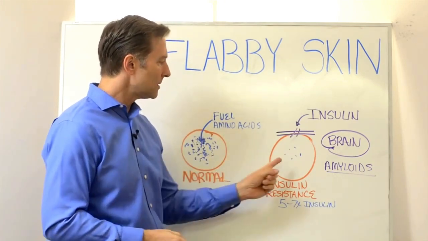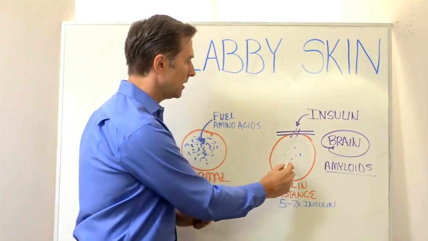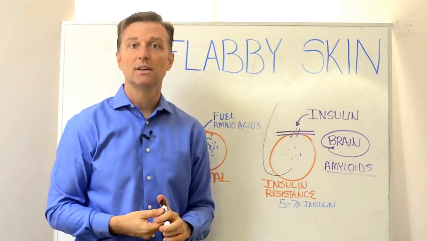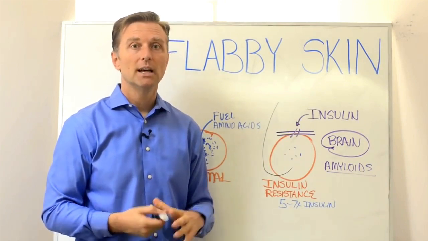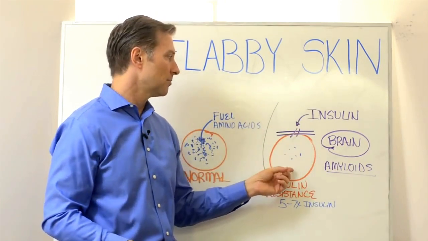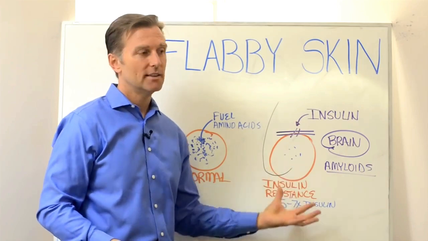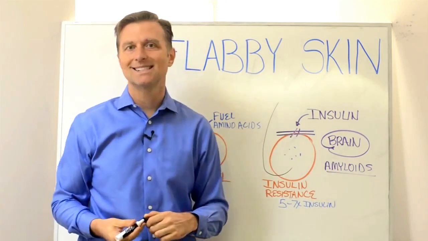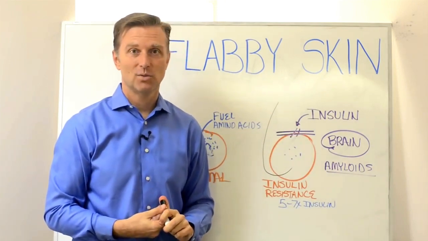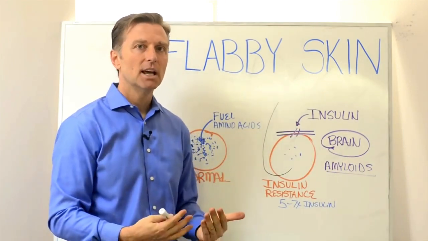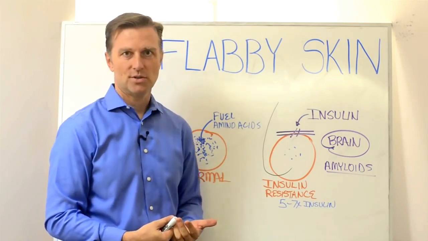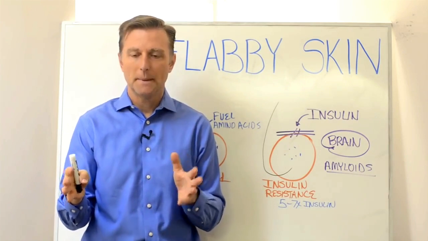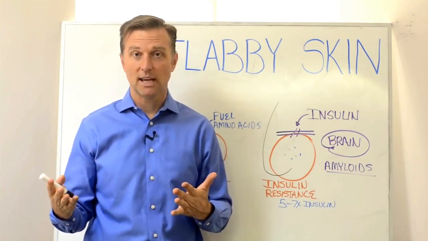So what happens is a signal gets sent back to the pancreas, which makes insulin, telling it, hey, we don't have enough insulin here, so go ahead and pump out more because it's being blocked. Now the pancreas thinks it doesn't have enough, so it's driving more and more insulin to force the nutrition into the cell. You end up with a real bad situation because all that excess insulin creates other issues. Here we end up with a body that doesn't have amino acids, and you get flabby skin and aging and all sorts of issues with diabetes.